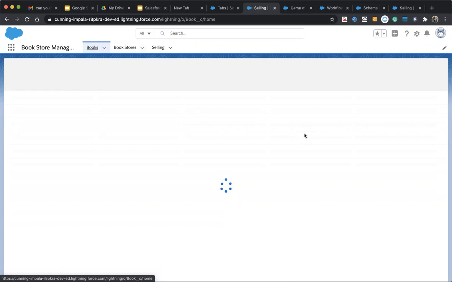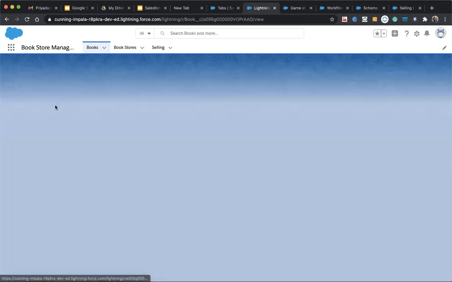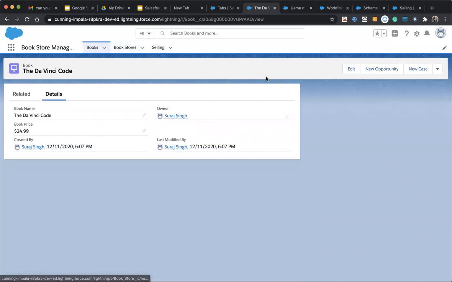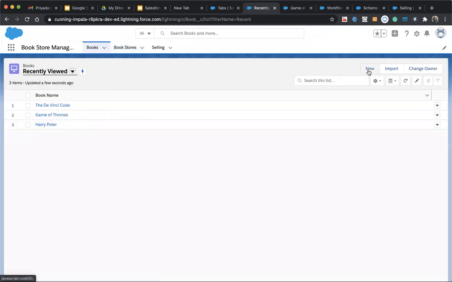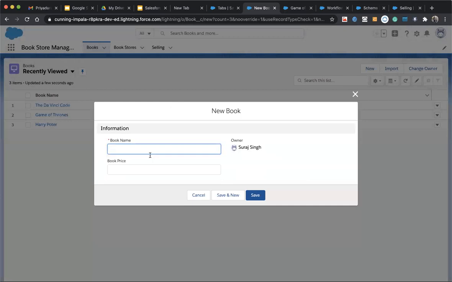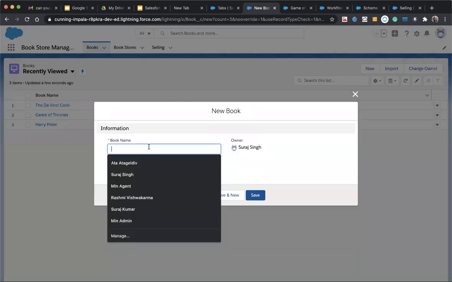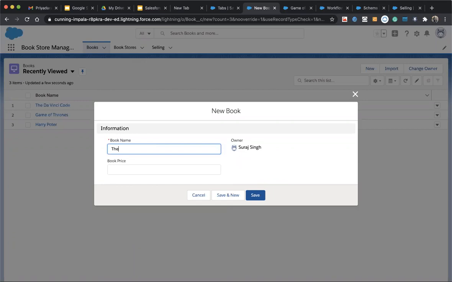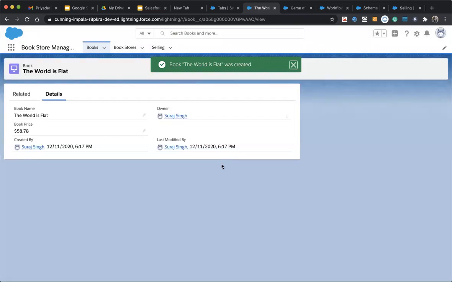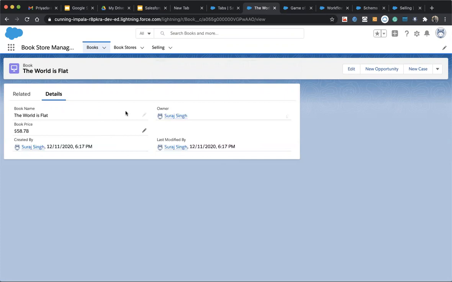One, when the record is created: suppose here I click on new and enter some values, and it should be $58.78, 78 cents. So this is the situation when we are creating a new record.